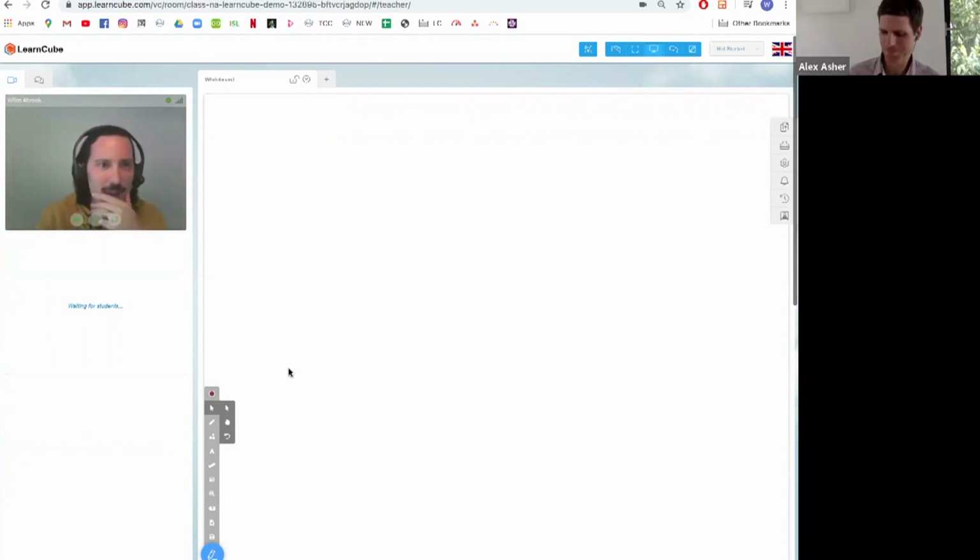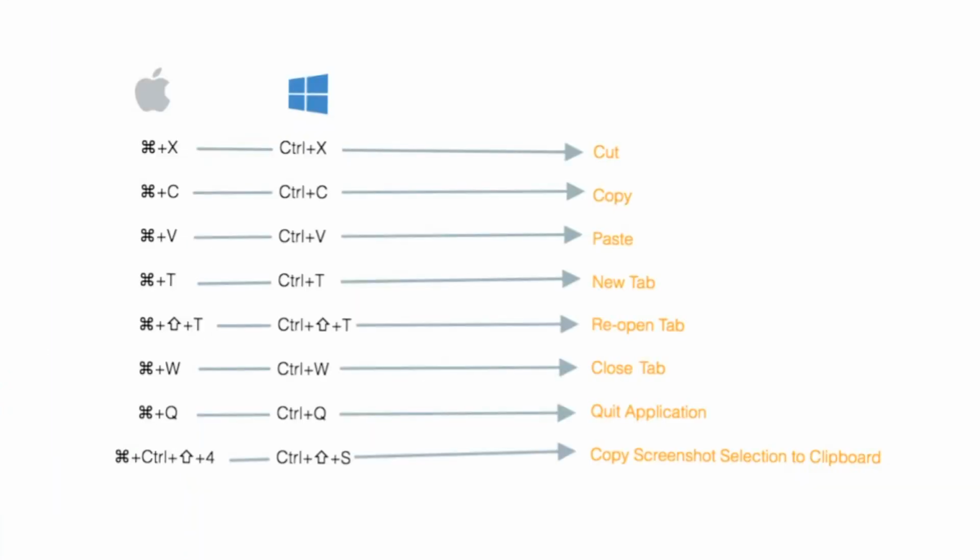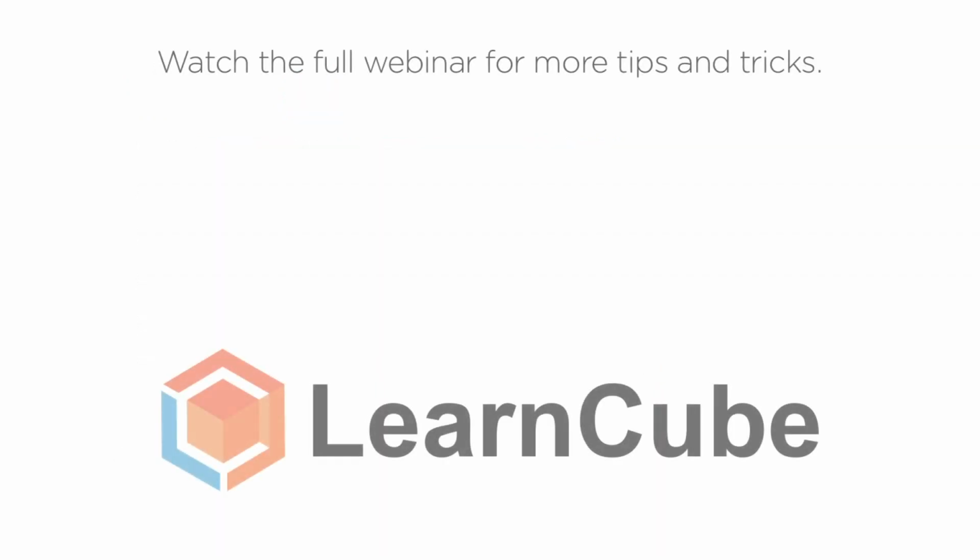That's it. Okay, so those are my shortcuts. You have to remind me to fix this one. It's not close window, it's close tab. So next thing I want to show you is just how I